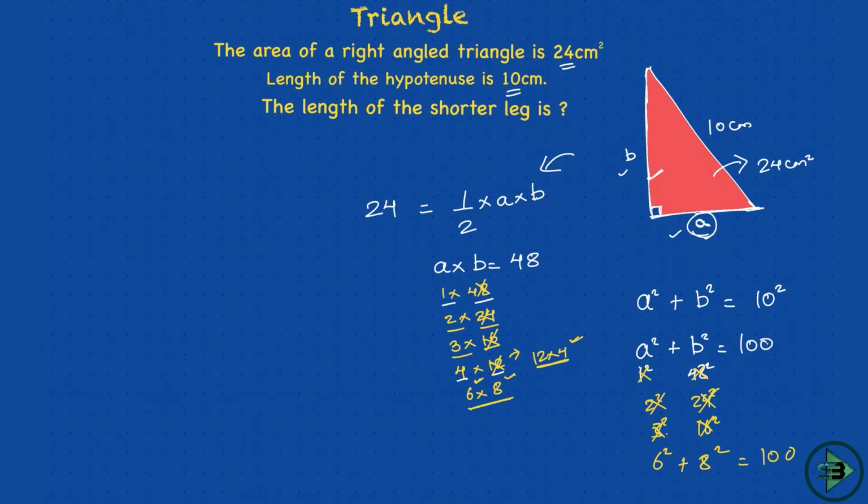So I know this is the only combination that turns out to be true, where the product of two numbers is 48 and the sum of the squares of the individual numbers is 100. So what is the length of the short leg? That will be equal to 6 and the other one will be equal to 8. Okay, so that's what is being asked. The short leg is nothing but 6 centimeter. Why centimeter? Because everything is in centimeter, area as well as the hypotenuse. Okay, that's just an easy approach to solve this problem.